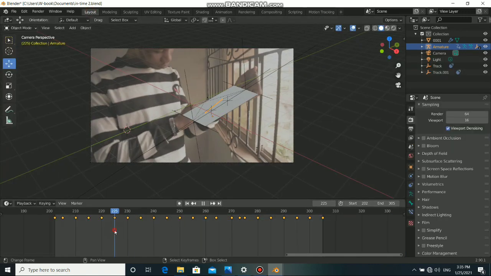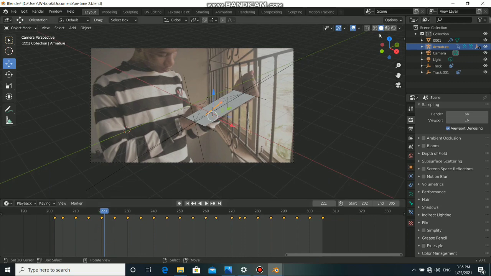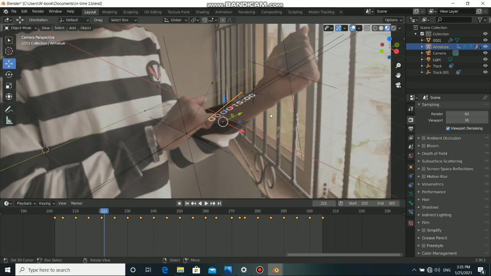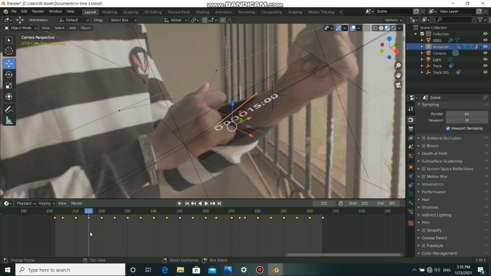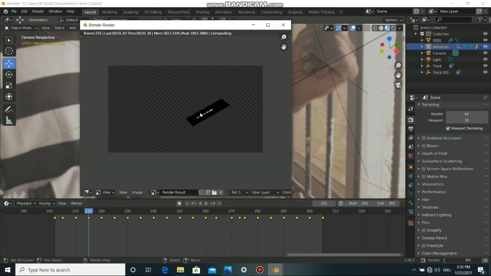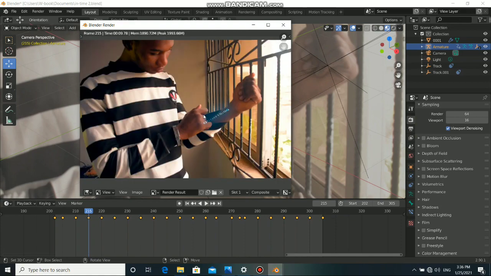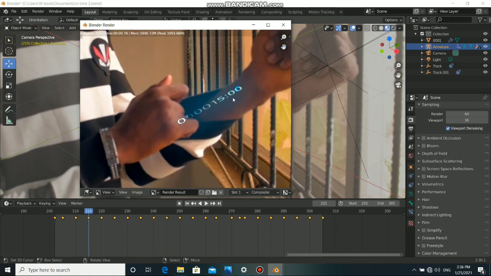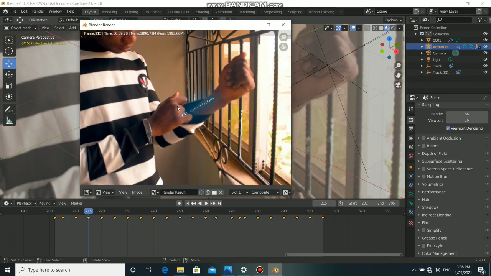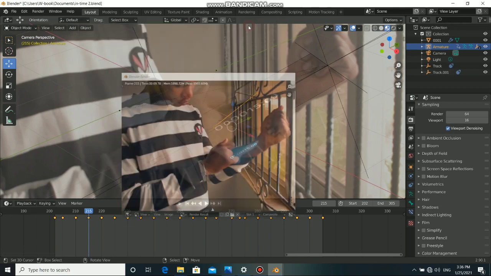So I will choose something like here, somewhere here. Alright, so I'll just render image. Okay, let this load. Alright, and you can see that this text is not really going inside, and we need to mask out this hand. And to do this, you need to come back to motion tracking,